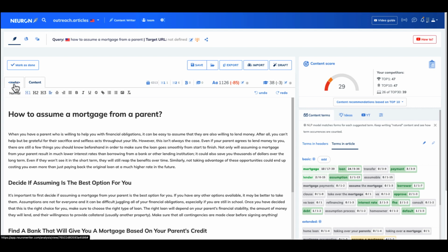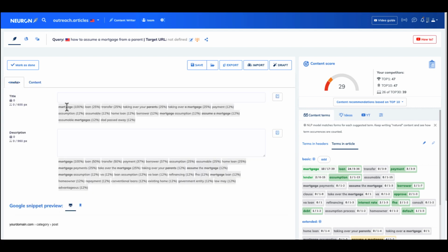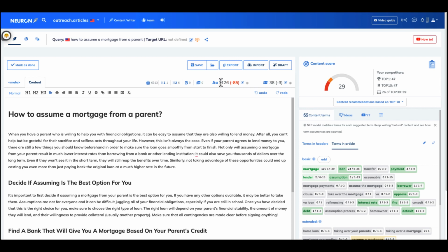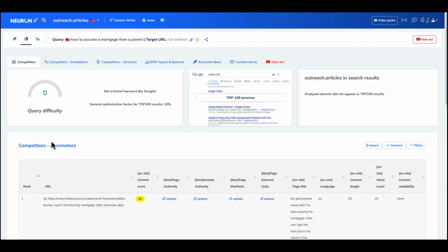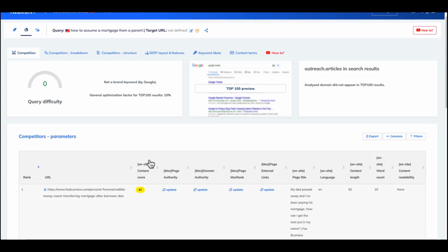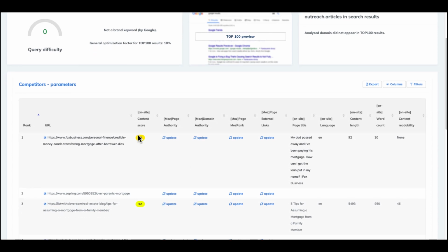You can even go over here in the meta, and it gives you which keywords to add to the title and description, how much are used on the other sites that are ranking, the other URLs that are ranking. Google Snippet Preview. Right here it shows how many words we have, how many more we need, another 85 to rank on page 1. Then up here, we have the competitors' parameters, and it kind of sets up columns for you so you can kind of see